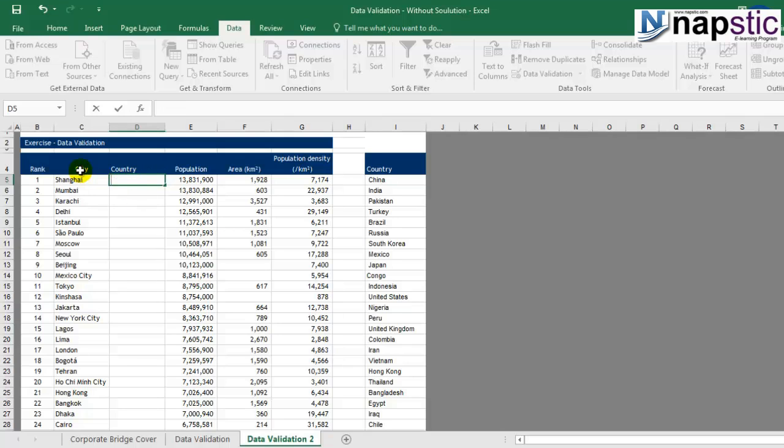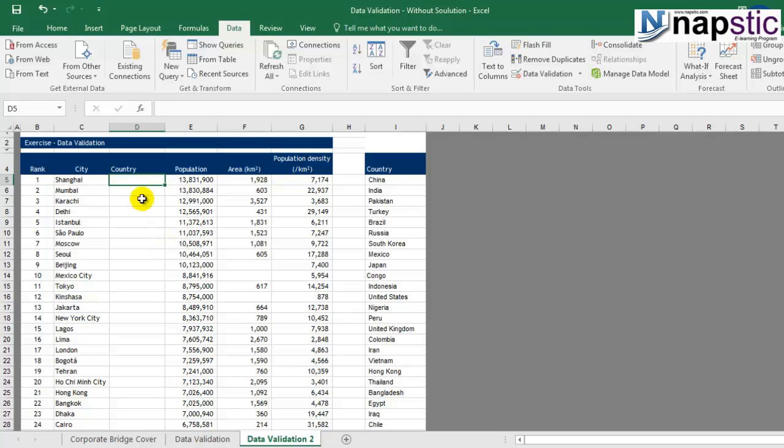Now obviously this is very time consuming. You will have to use a lot of your head to determine which city falls under which country. Rather, what we can do is create data validation and have this entire master list as a drop down menu. So if you want to enter a country here, we'll have a small drop down arrow. If we click on that, we'll have all the countries and you just need to pick one rather than inputting the data all by yourself.